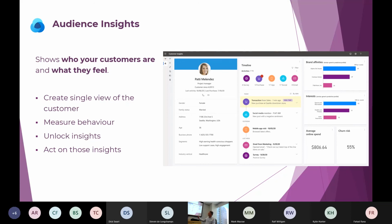So this card, if you like, that you've got here, that's the sort of output that you're getting from customer insights. So I can see here your profile, you've got the activity timeline. I'm not just talking activities in Dynamics, like your emails and phone calls and those traditional activities, but we're also blending in when they've opened emails, when they've browsed your website, when they've been bounced from a website, when